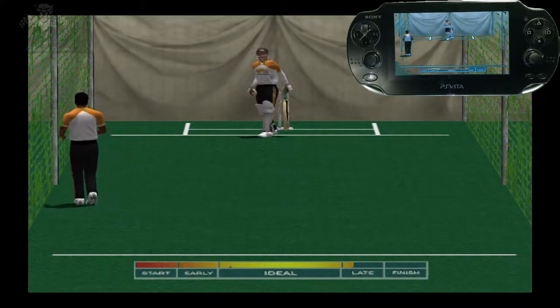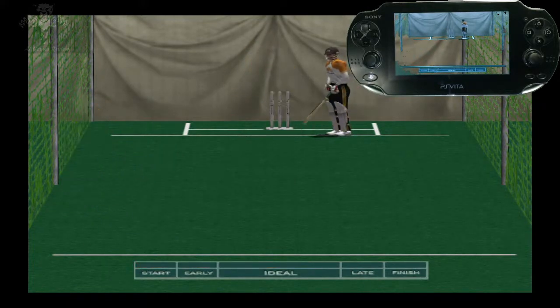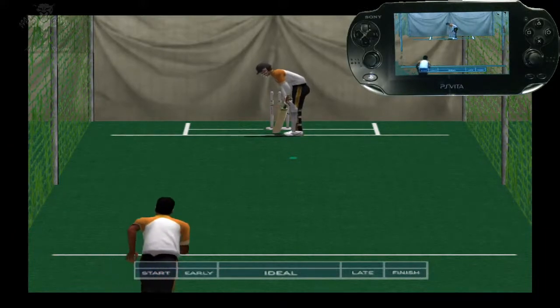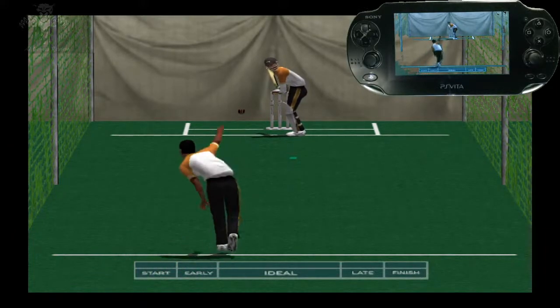Timing is a crucial part of batting alongside shot selection. Even if you select the best shot for the situation, you can get yourself out if your timing is awry. Play it early and the ball could go in the air, play it late, and there's also the possibility of